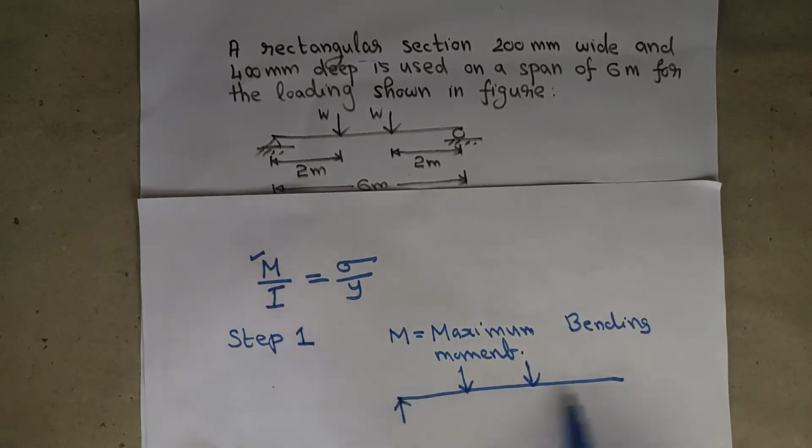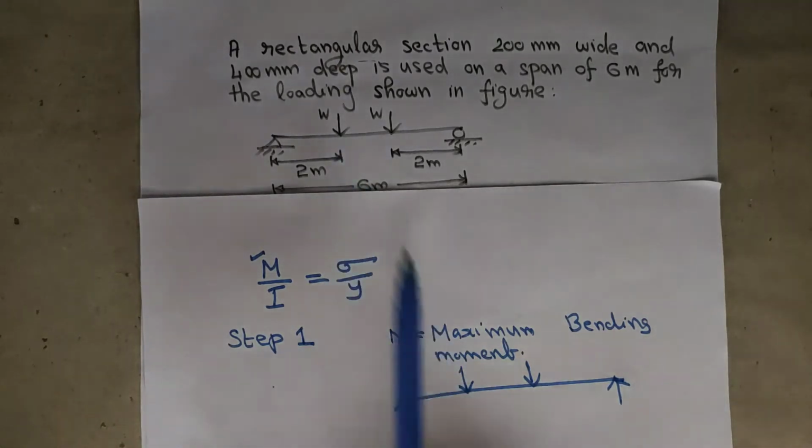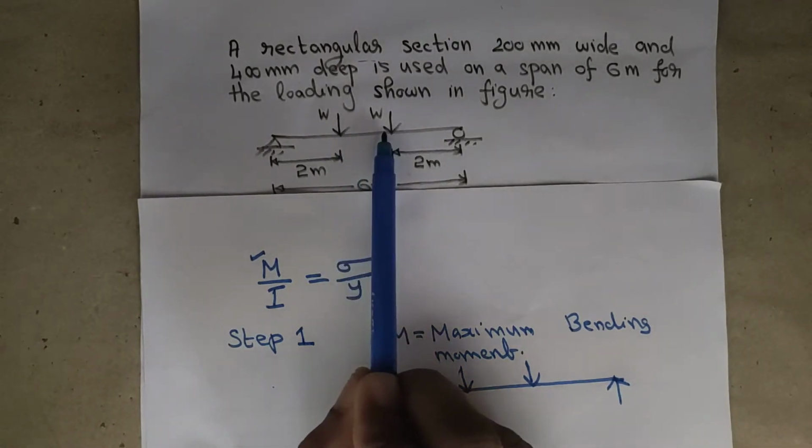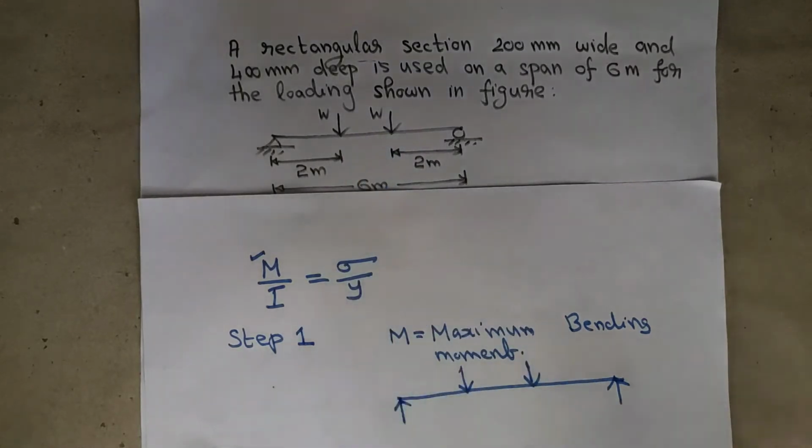So, to see what the reactions are: the left support reaction and right support reaction. The number of reactions at the left support will be 1 because the loading is purely vertical. There is no horizontal reaction. And what is the value of the reaction here? It will be half the total load on the beam. This value is W. This also is W. The total load is 2W, W plus W. So the reaction will be half the total load.